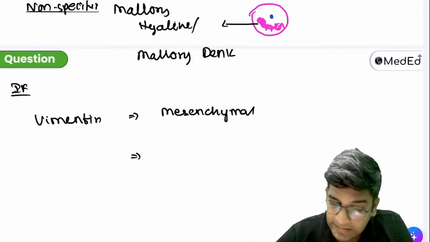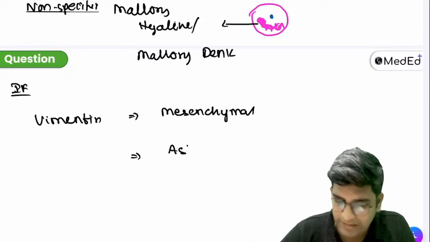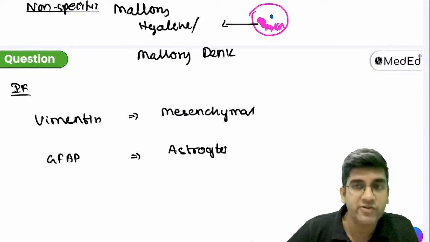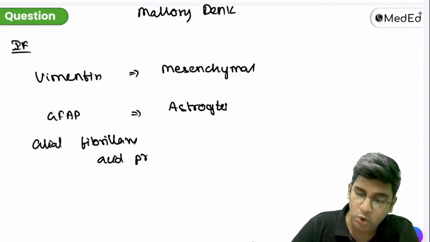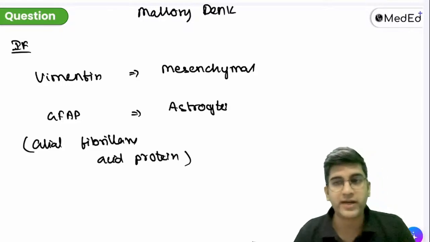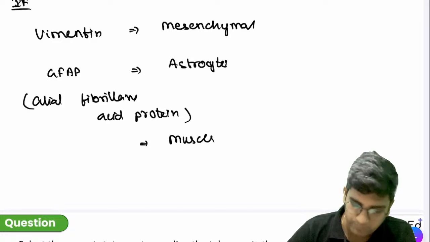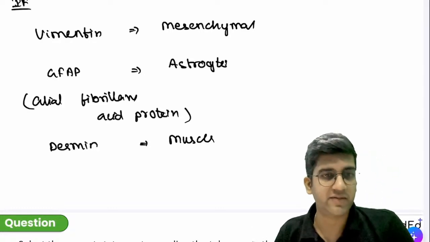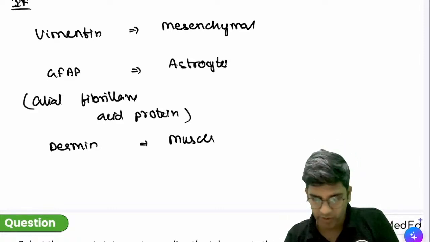There's an intermediate filament seen in astrocytes, or CNS. That's your GFAP, glial fibrillary acidic protein, right? So this also is an intermediate filament only. So all these are examples of intermediate filaments, including your cytokeratin, vimentin, desmin. Perfect, right? Desmin is seen not in every mesenchyme, but in muscle. That's also an intermediate filament seen in muscle. So all these are used as markers for diagnosing tumors in future. Fine. Okay.